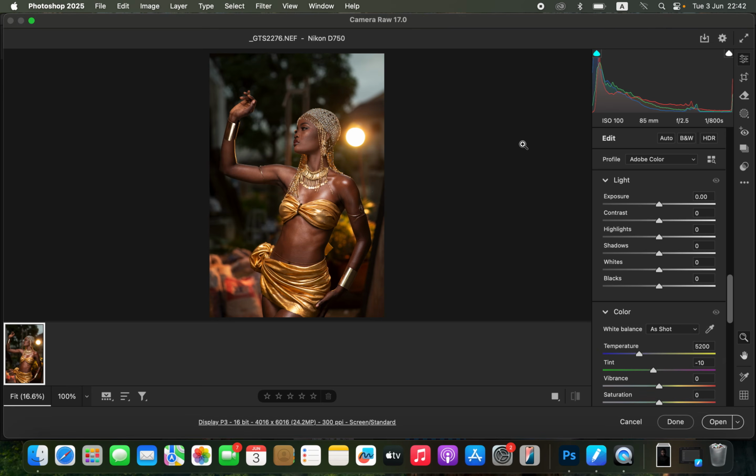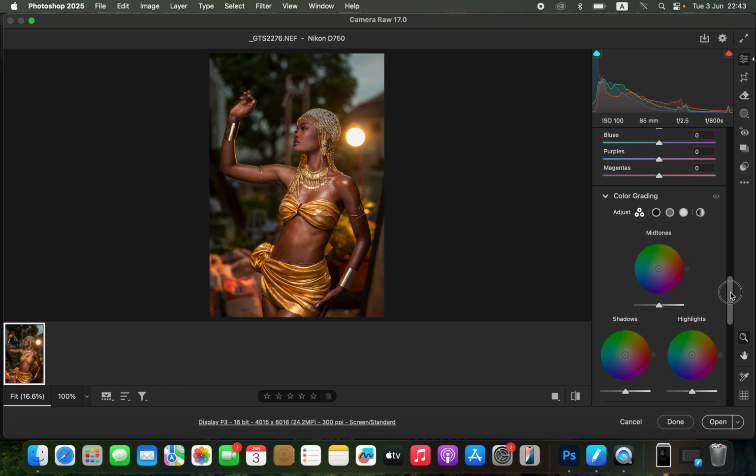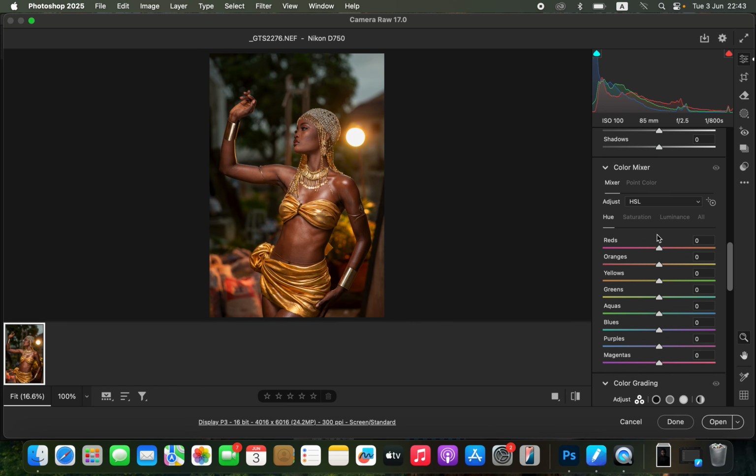So the very first thing I'm going to do for this very photo is simply correcting the lighting and contrast issues regarding this very image. So for this, I'll slightly take the highlights down and do the same for the whites. I'll open up the shadows of this very photo and I'll take up the contrast and slightly open up the exposure of this very image, and I'll take the black slightly down so you can see the before and the after so far. So after this, I'll simply scroll to my color mixer,